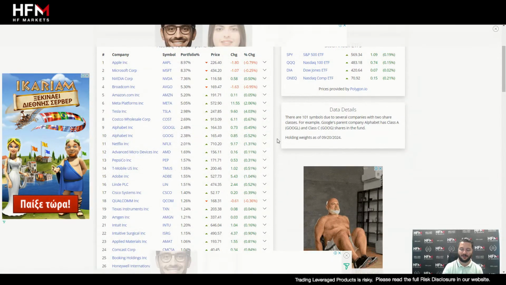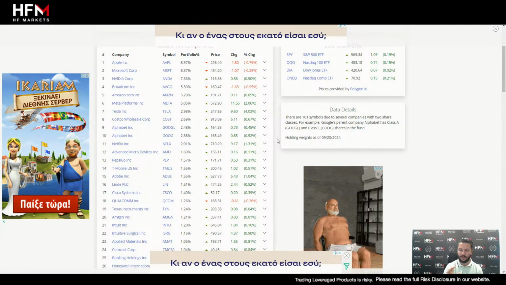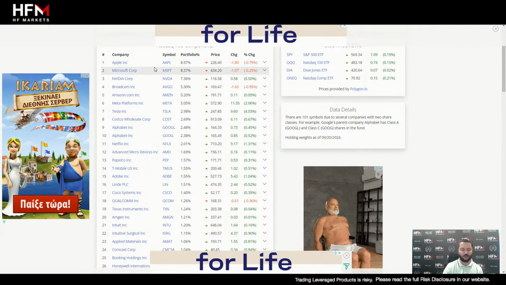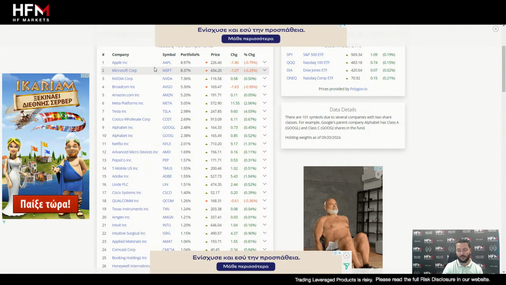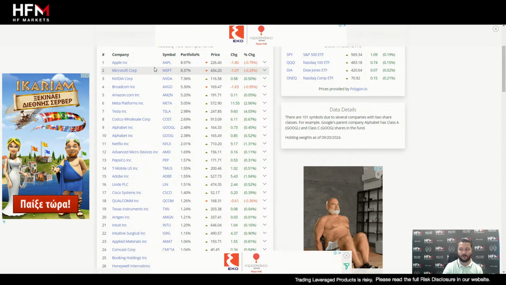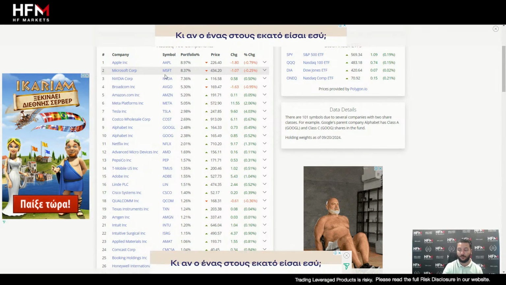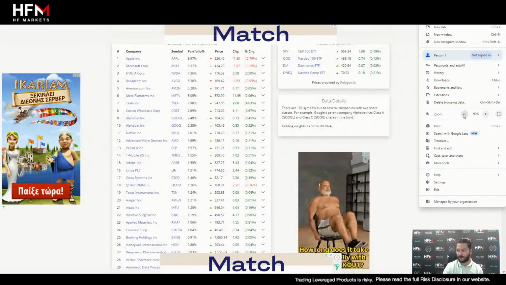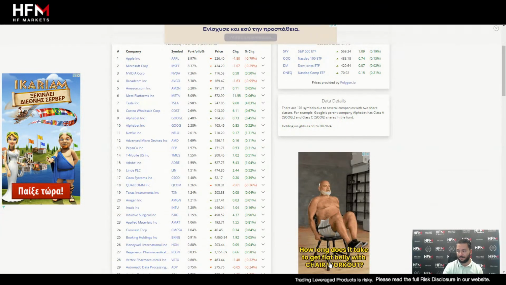So in regards to the components, I won't say it's mixed. I'll say the negative thing is that the two most important stocks are declining, which isn't a great thing. The two most important stocks are declining, so that's definitely not good. But if we're looking at, ladies and gentlemen, the vast majority of what we can see here,